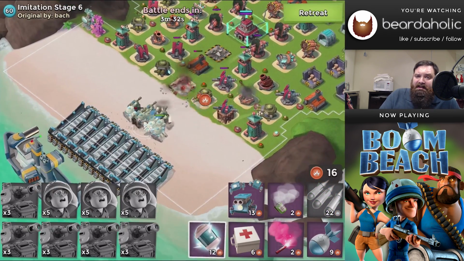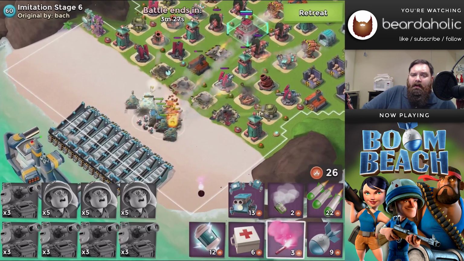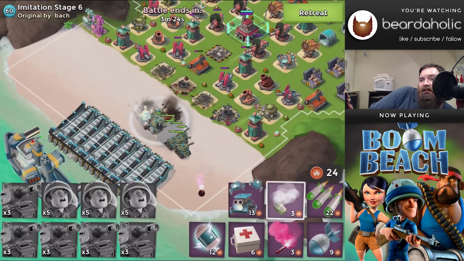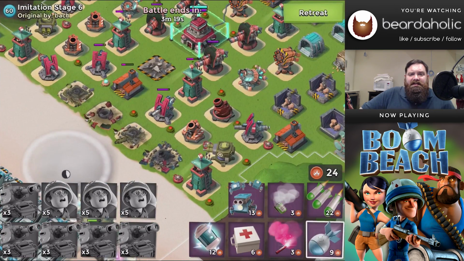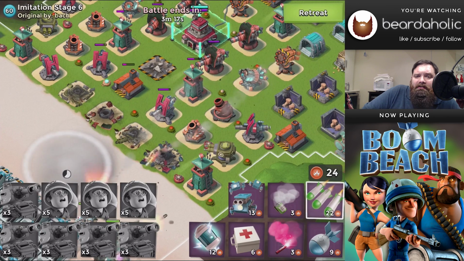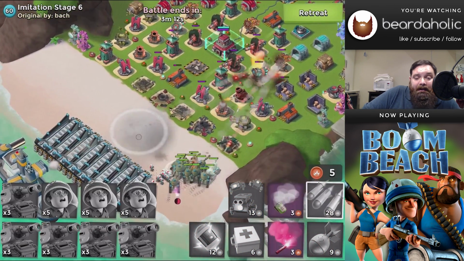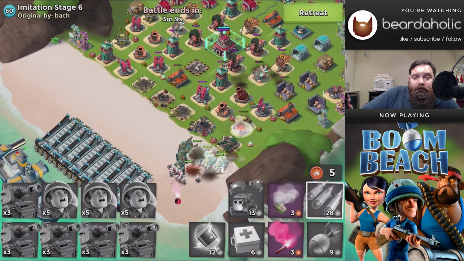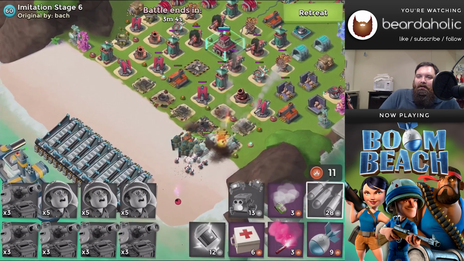Okay, stage 6. Yes, I'm going at it with tanks, and I know what you're saying. Beard, I just saw that there's like 50% health boost and like 60-something% damage boost. What the heck are you doing going after it with tanks? Well, I'll tell you, it's because I'm stubborn and stupid. So, due to my stubborn and stupidness,